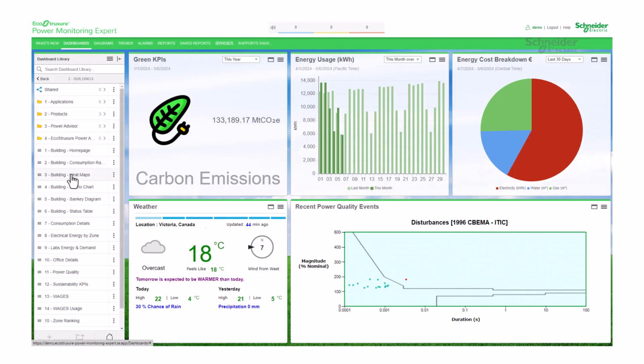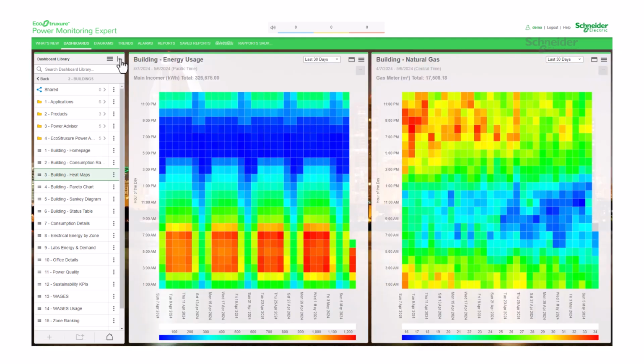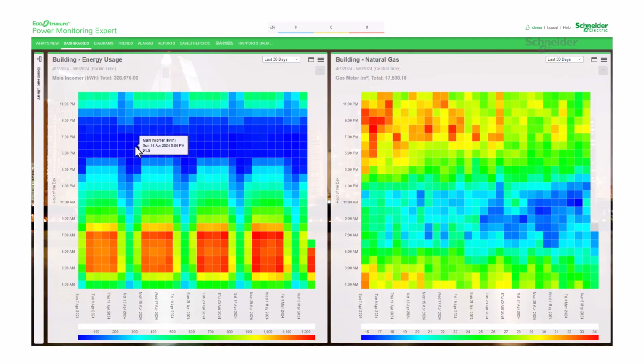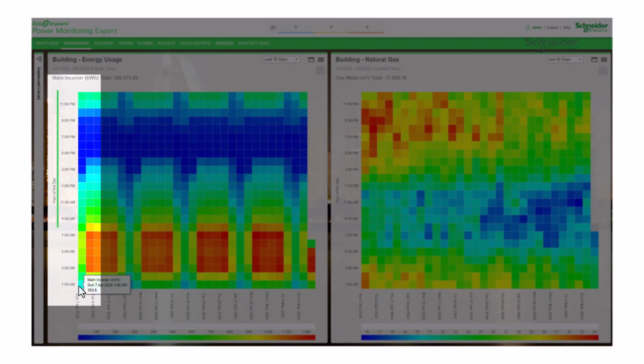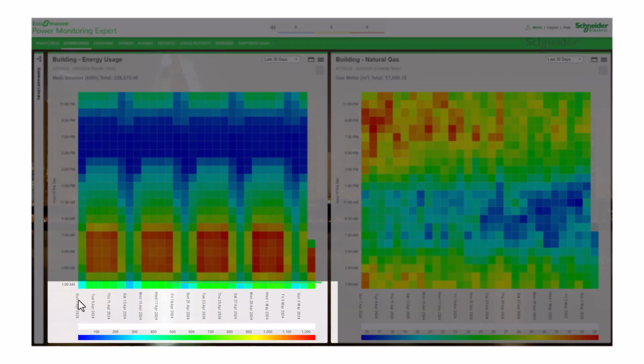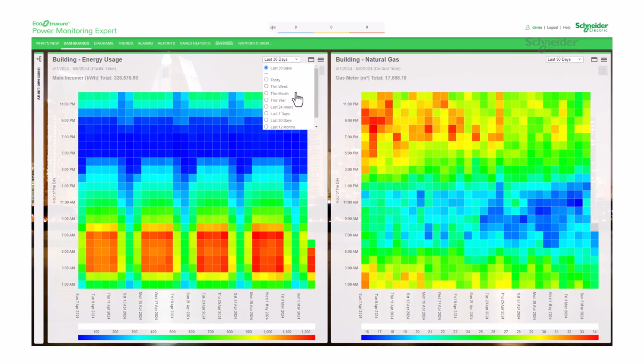Heat map. This gadget creates a graphical representation of your data, where the individual values are represented as colors in a matrix format. It depicts values for a main variable of interest, normally the energy, across two axis variables as a grid of colored squares. The vertical axis displays the 24 hours of the day, starting at 1 a.m. at the bottom and ending at 12 a.m. at the top. The horizontal axis displays the days based on your selected time range.